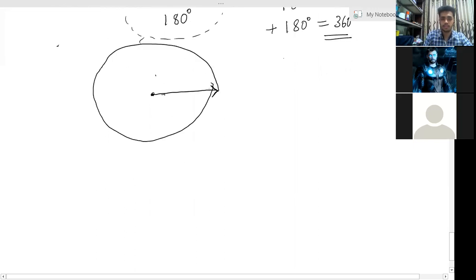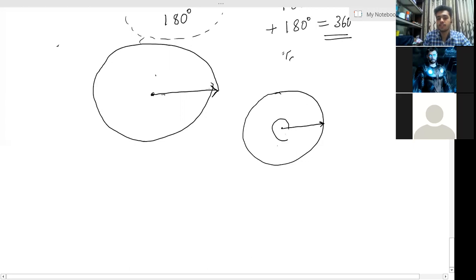Circle. Yes, I'm going to draw a circle. Basically, a circle is... I have not drawn it exactly. It's difficult for me to draw a perfect circle, but this is a circle where this is nothing but the ray. Now rotate the ray 360 degrees. So this is 360 degrees. When you rotate the ray 360 degrees, you come back to the same point. That is called a circle.